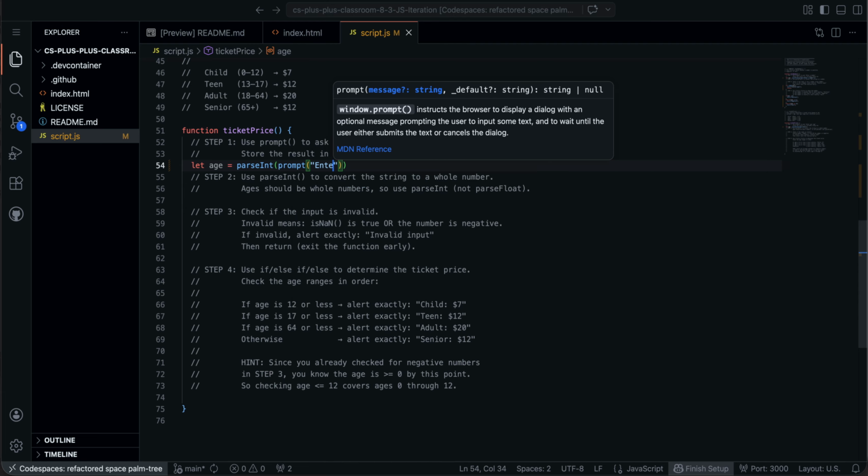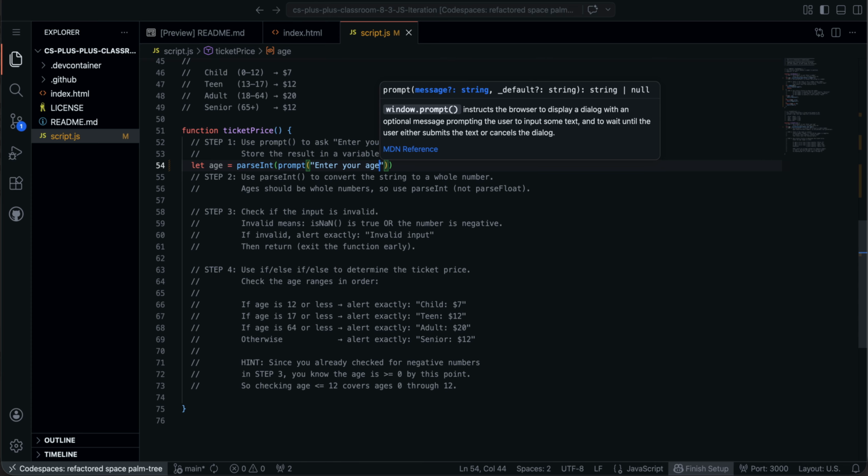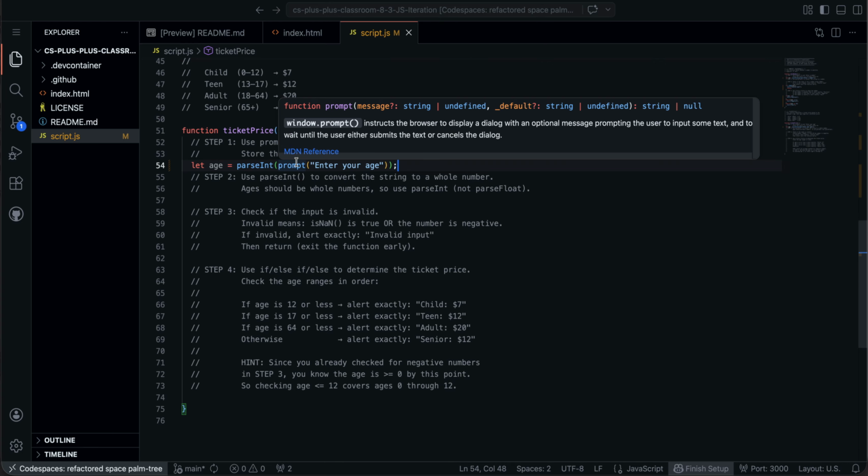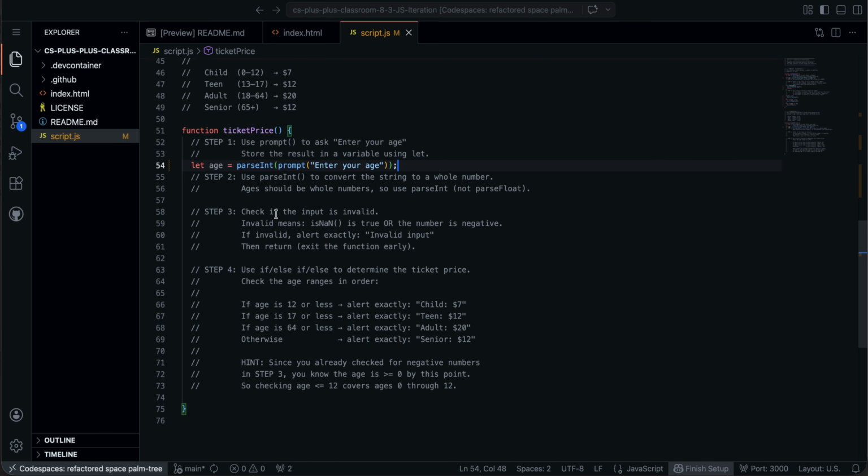and then enter your age. So that is steps 1 and 2 together. So we get their age and we convert it into an integer. So if you do parseInt and it's like 5.7 or something, it'll just make it 5. So we can jump down to step 3. Step 3 is check to see if it is invalid. So if it's not a number, or if it's a negative number, because you can't be a negative year old,